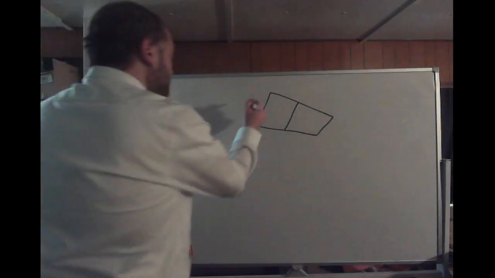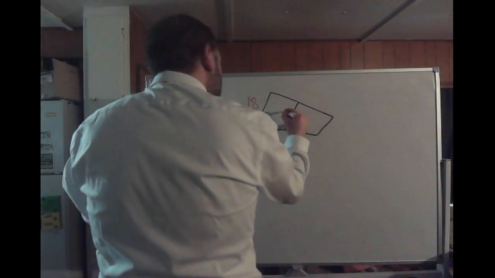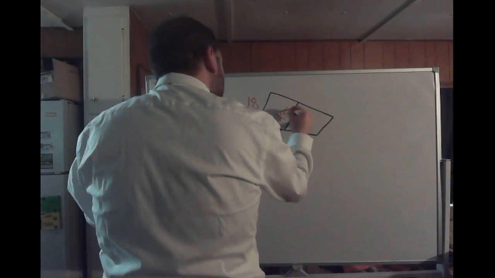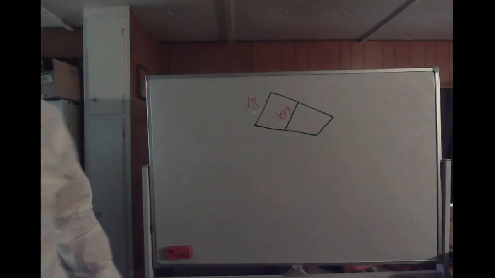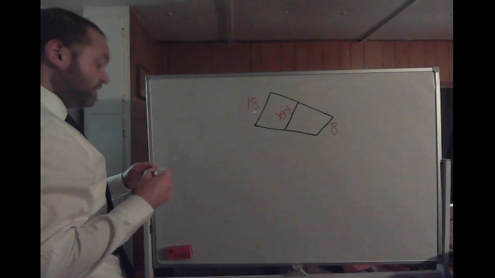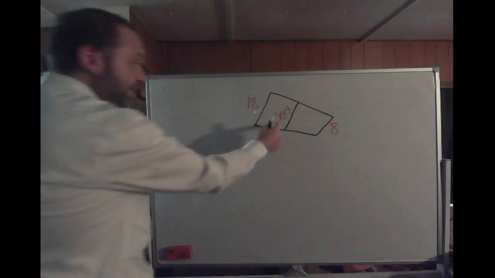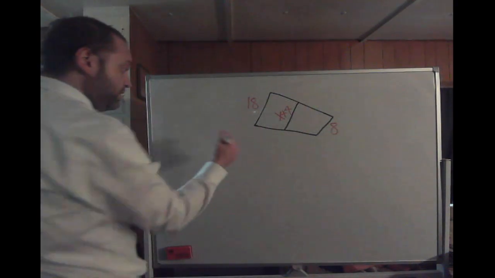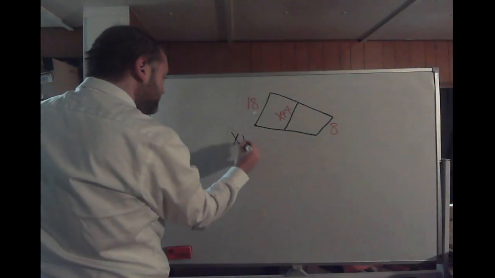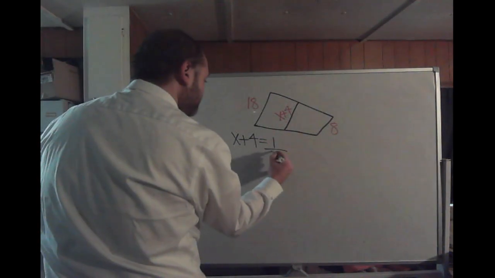Oh, they're spicing it up on us. So this base is 18. This median has a length of x plus 4. This base has a length of 8. Well, we still got to solve for x, but the median has a length of x plus 4, so that means we'll set that median of x plus 4 equal to half the sum of the two bases,